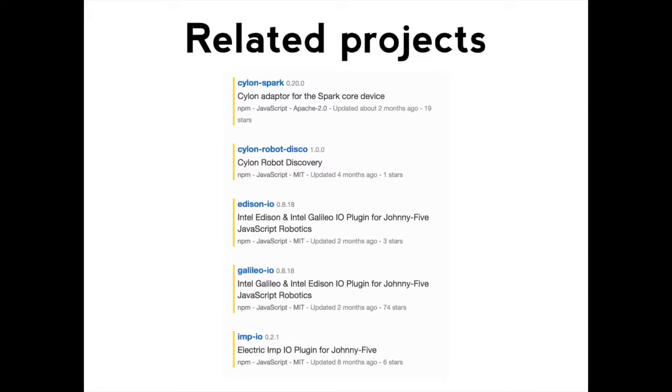Also, as I'm indexing everything, I'm putting it into Elasticsearch, which has this really cool function called more like this. And so I'm able to pull out projects that look like this particular module. This is available for all projects, and it varies based on how good the description of a particular project is and how many keywords they've used to describe things. But it's a useful way of having that Wikipedia-like bounce around and find something that looks like it's almost right, but is there something close to it that I can find as an alternative without having to know exactly what to search for.